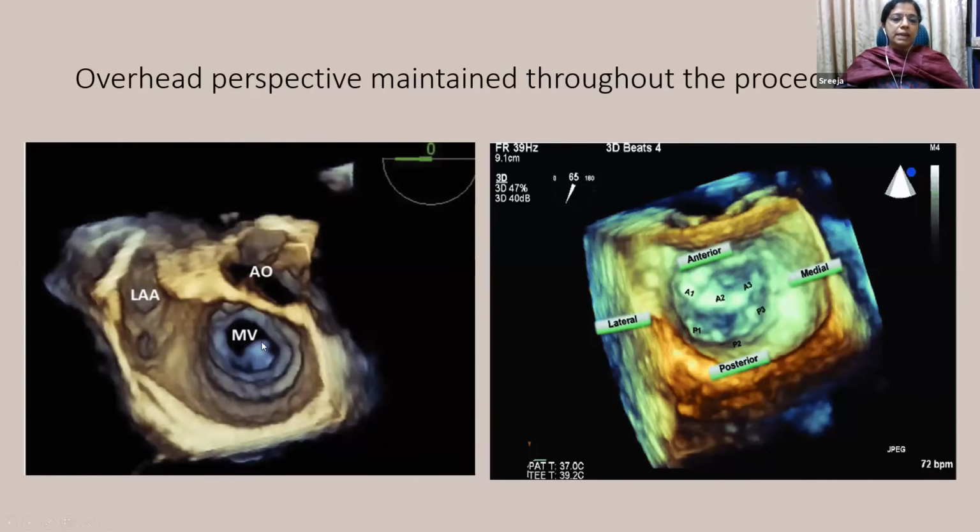This can be described as a clock position, with the aorta in the 12 o'clock position and the LA appendage in the 9 o'clock position, or alternatively it can be called anterior, medial, lateral, and posterior. And you can name the paravalvular leaks according to this relationship. Here there will be the interatrial septum.